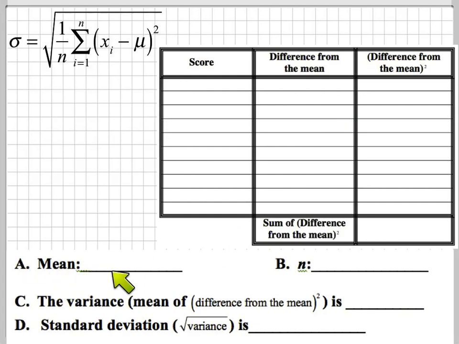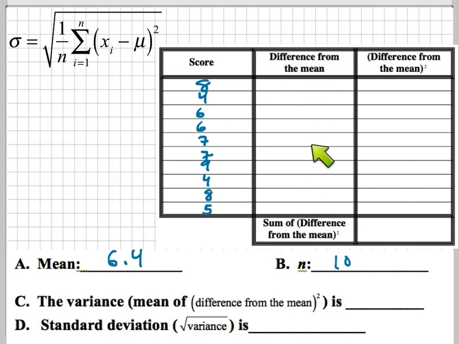Mean, which most of you guys understand because you've learned it before. You add up all the scores and then you divide it by the number of scores. And so in this case, what was our mean for the things that we did in class? 6.4, and n represents how many scores there were. How many scores were there? 10. There's 10 scores. And now I want to write down all of the scores. So I wrote down all of the scores, and we got a mean of 6.4 and a number, n, of 10. So that stuff's not new to you guys, but the new stuff is about to happen.